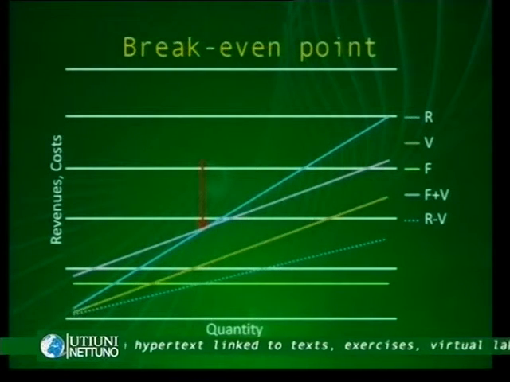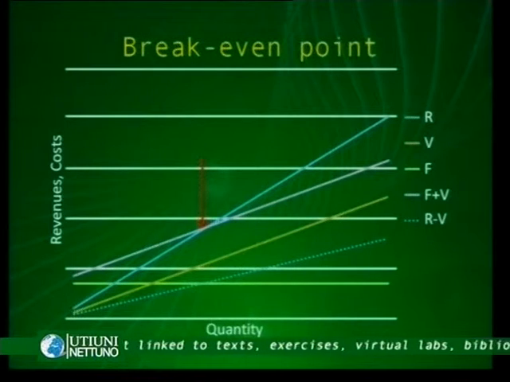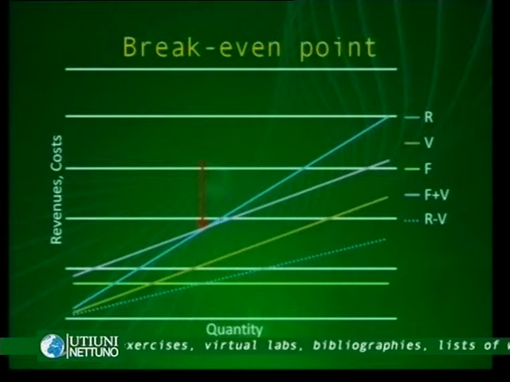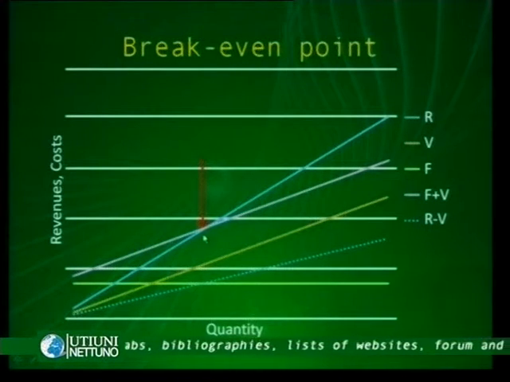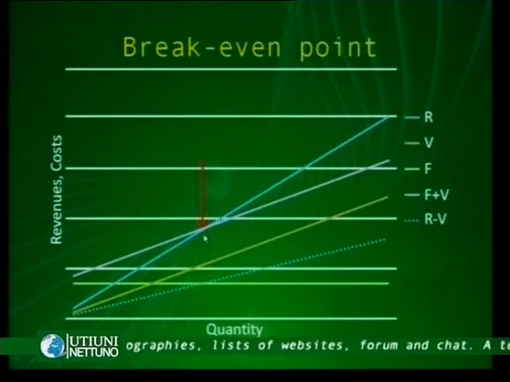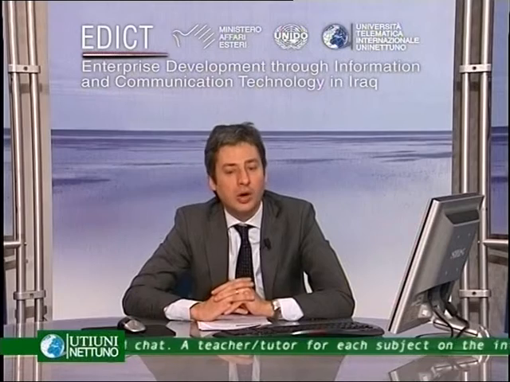So from a graphical point of view, the break-even point is defined as the intersection between the line of the revenues and of the total cost, and represents from an economic point of view the level of quantity that makes revenue equal to total cost. Or in other words, it is the minimum level of production that the project has to attain in order not to